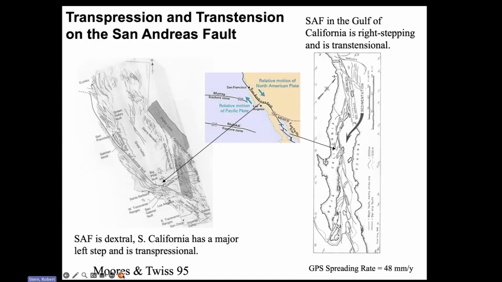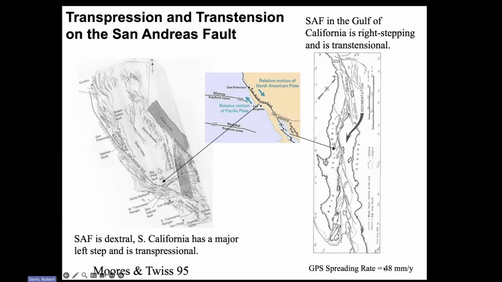All right, so let's look a little bit more at this transpression and transtension on the San Andreas Fault. We've already talked about this. And here we can see these short spreading segments, right? It's fairly complicated because the Colorado River, up until recently, was dumping oodles of sediment into the northern end of this basin, covering this stuff up. There's the Salton Sea. There's a very active geothermal field there. So this is strongly extensional, and